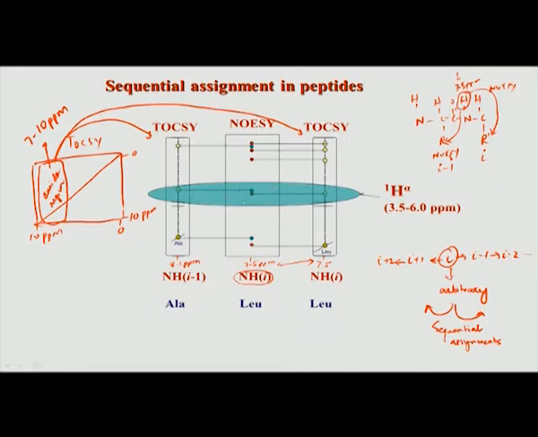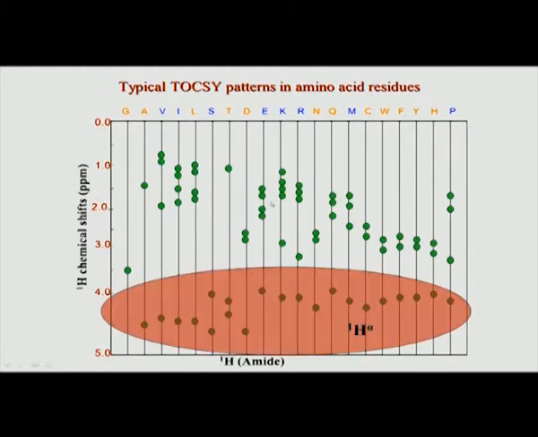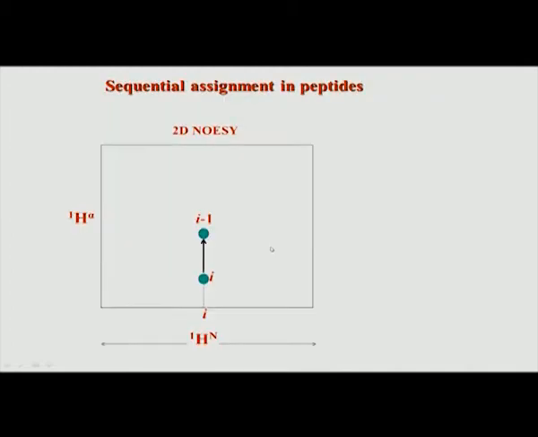Our goal is to establish a link between the spin system I and other spin systems in the molecule, the peptide. This is what I was showing, that we are going to look at only the alpha region. The idea is that this alpha region will be used for establishing the connectivity, meaning I and I plus 1 or I and I minus 1 at any point. Once we identify the connectivity, then we will go to the side chain here to identify what amino acid it is. So, let us do this exercise.